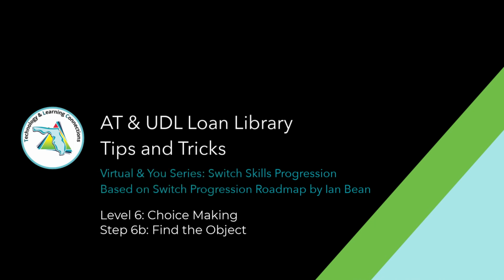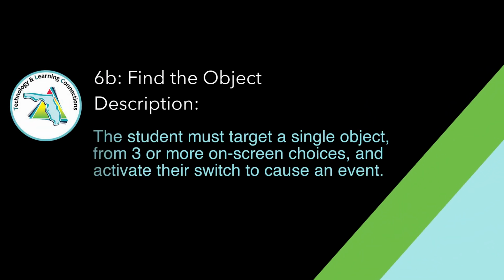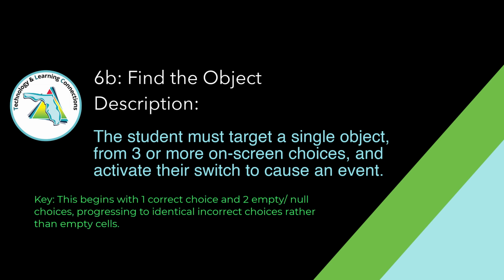Welcome to Level 6, Choice Making. This is Step 6B, Find the Object. In all of our Level 6 steps, we focus on choice making. We can use either auto-scanning or step scanning to make those choices, as our focus in Level 6 shifts towards